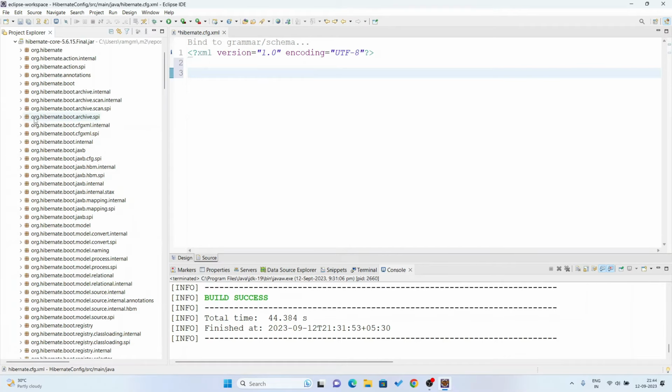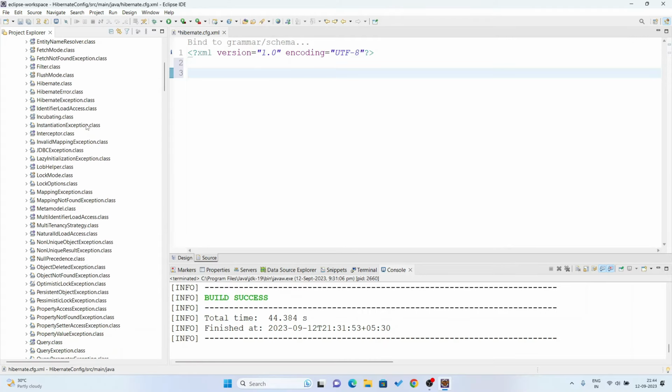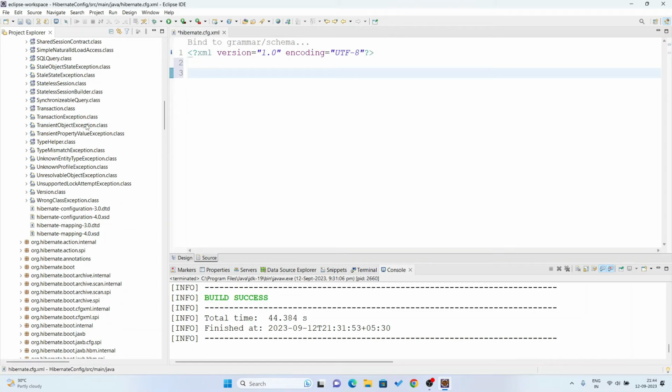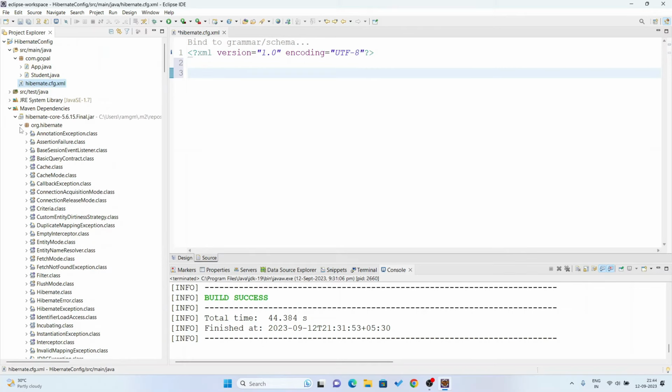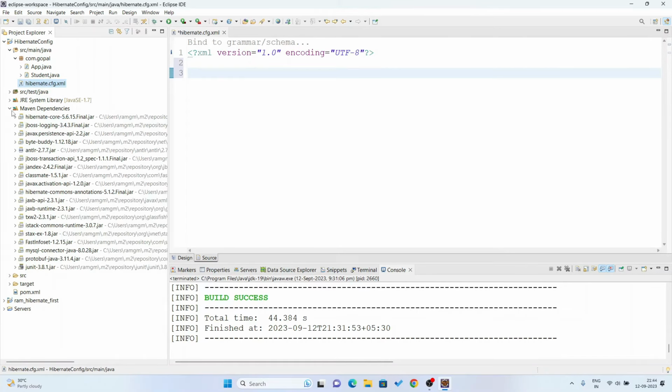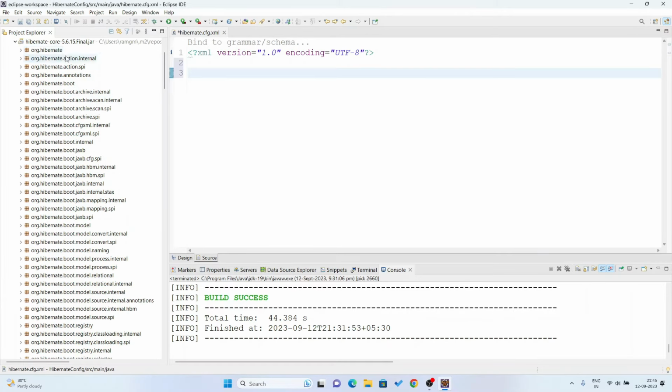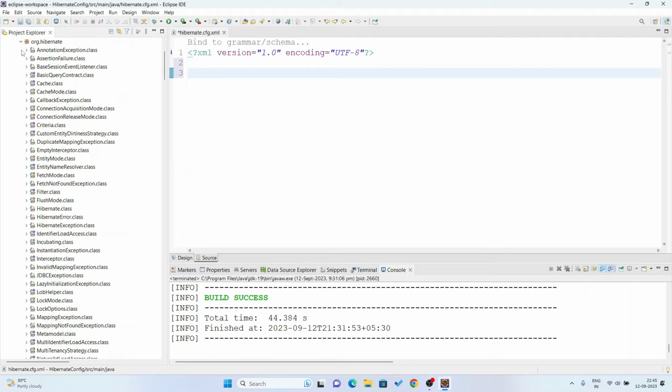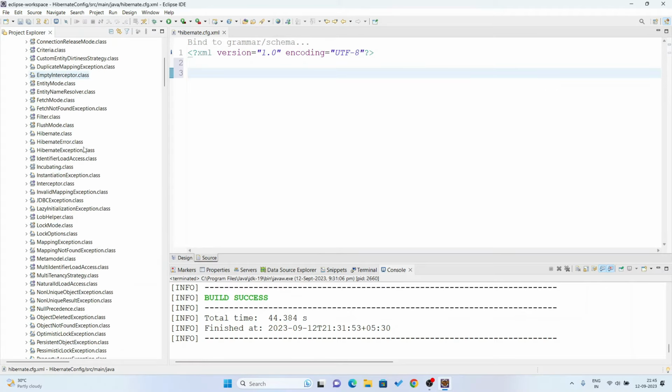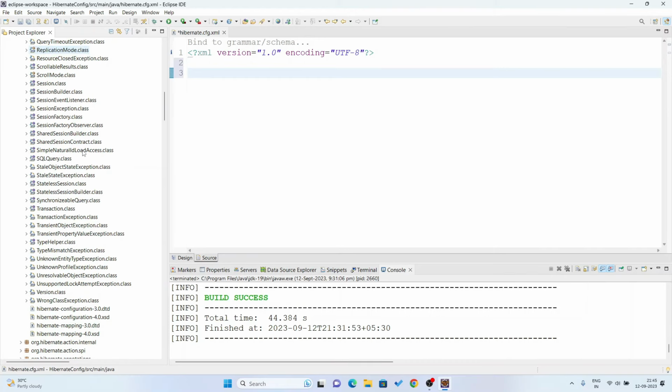Click here, and here you see org.hibernate, and here you see Hibernate configuration. Again I repeat the same thing. You go to Maven dependencies. First one is Hibernate core. Click here, and first one is org.hibernate. Click here, and you scroll down. You see at the bottom Hibernate configuration 3.0. Click here,